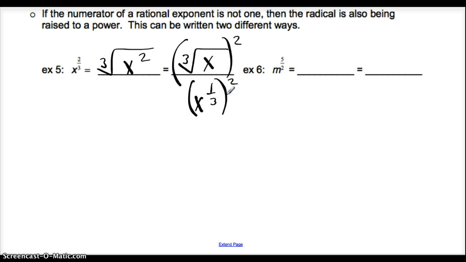Now what do I do to the 1/3 raised to the 2? What do I do there? Power to a power. I have 1/3 times 2. What's a third times 2? 1/3 times 2 is 2 over 3, so that's